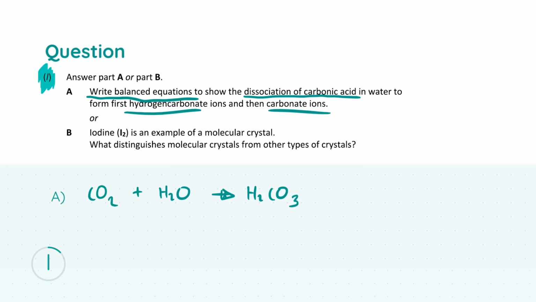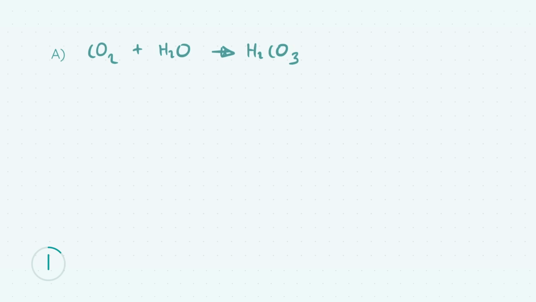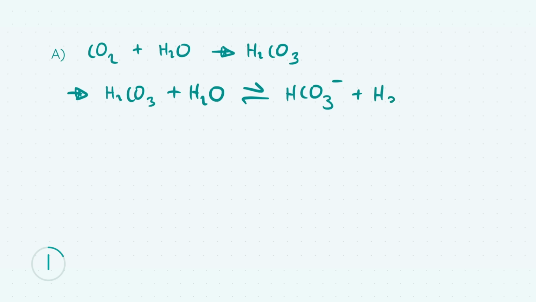What we're going to have is our carbonic acid to start with, so that's H2CO3, and what we were told is that it's going to be mixed with water when it dissociates. So we're going to mix that with a little bit of water, H2O. What's going to occur here is a dissociation, and that dissociation looks like this. We're going to have our HCO3 minus created and our hydronium ion, which is H3O